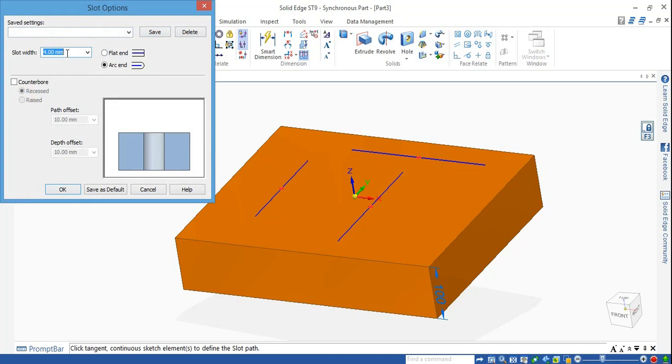Now this one is the option available. Select here. You can see it. If you have save setting, then you can save according to your multiple requirements of the same geometry. You can save that. Now slot width, enter here